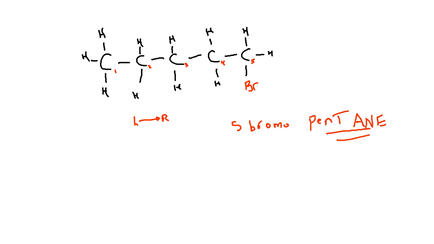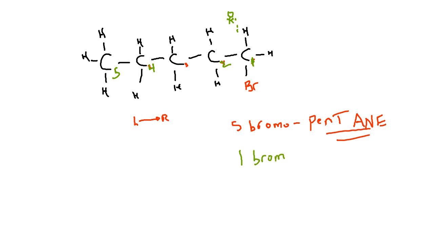pentane, okay? However, if we were standing on the other side of the molecule looking, we would say, wait, what are you talking about? This is carbon number 1, right? It's on this person's left. This is carbon number 2. This is 3. This is 4. And this is 5. So the green would give us 1-bromo